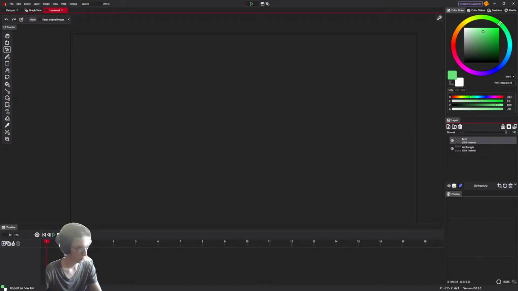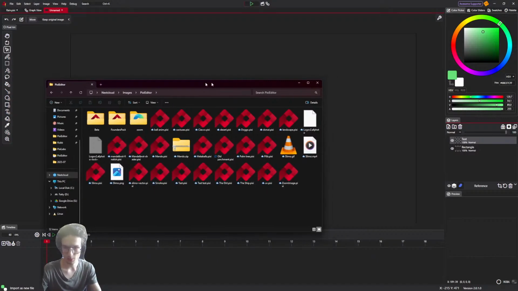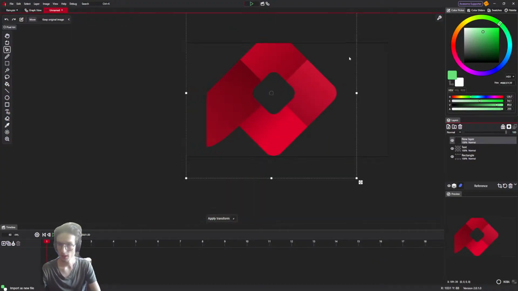Maybe here. Oh, okay, I think I got it. No, I don't. There's this problem because all the .pixi files have the same icon and it's hard to find the actual .png in here. Oh, okay, I got it. Finally.